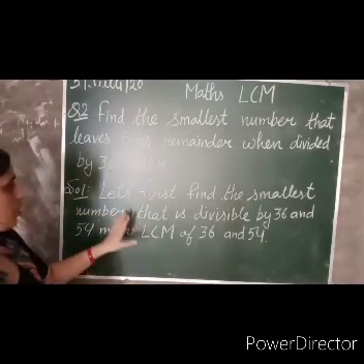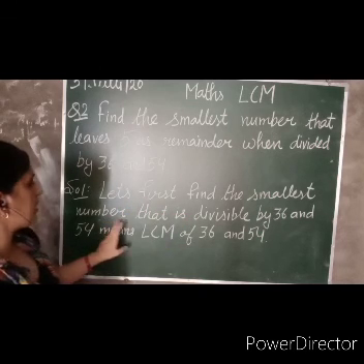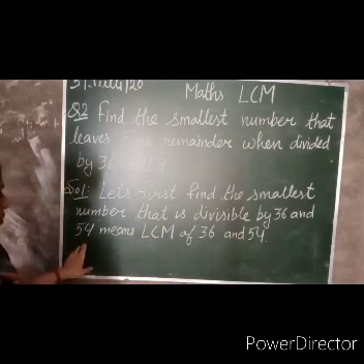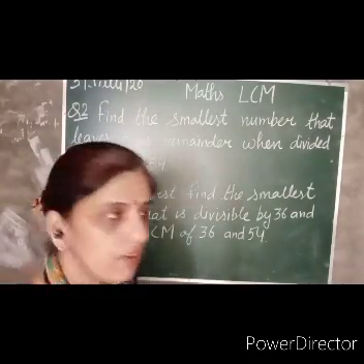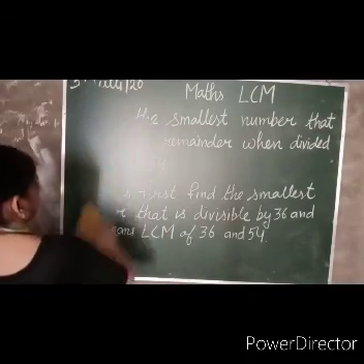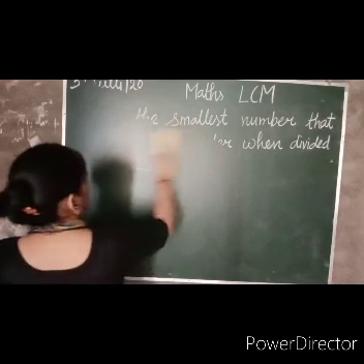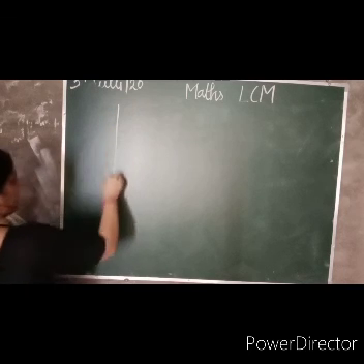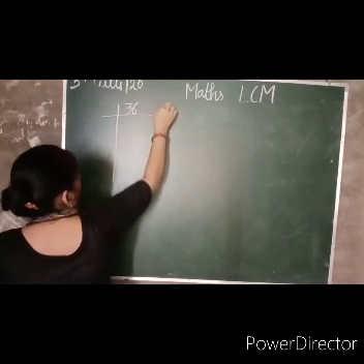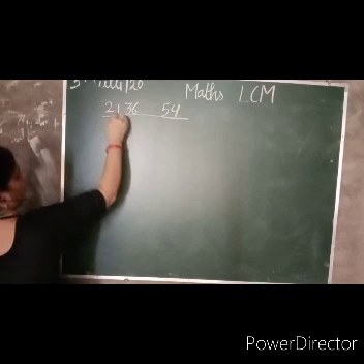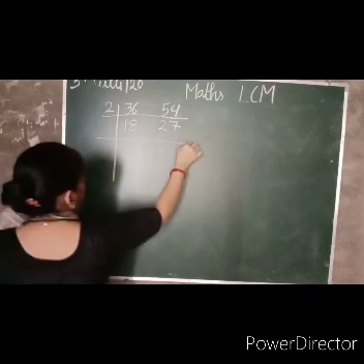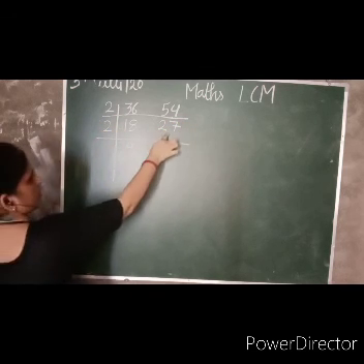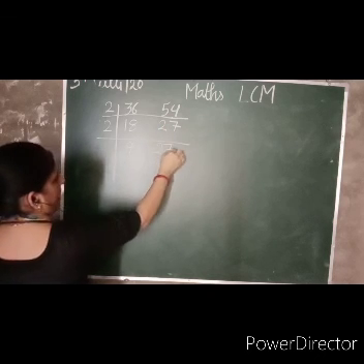Okay. So what we are going to do is first find the smallest number that is divisible by 36 and 54, means the LCM of 36 and 54. First we will calculate the LCM, then we will do further. Let's calculate the LCM. 36, 54. 2 ones are 2, 2 8s are 16, 2 2s are 4, 2 7s are 14. 2 9s are 18. As 27 is not going to be divided, write down 27 as it is.